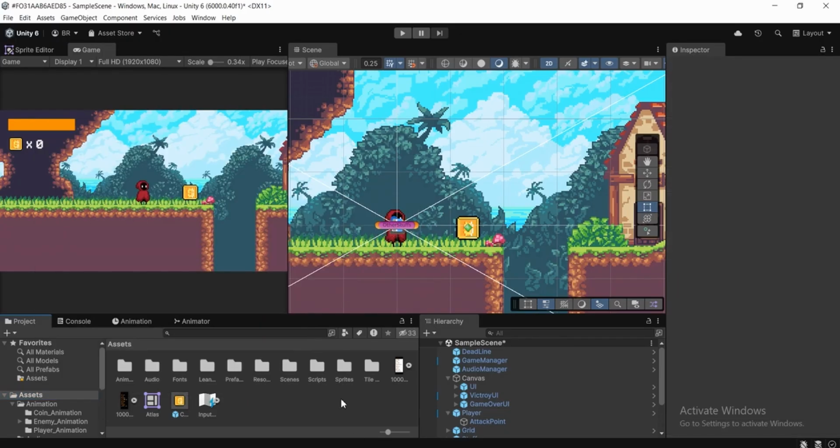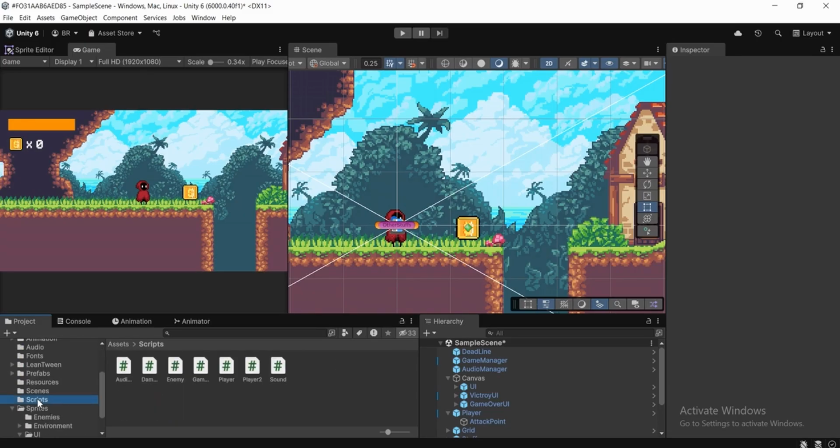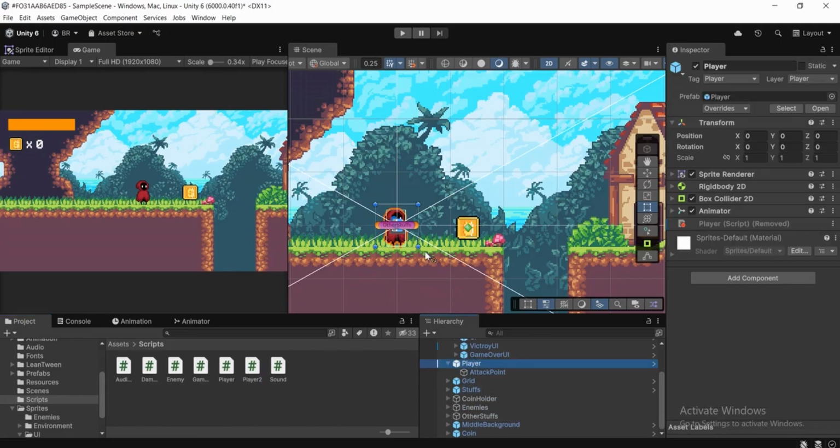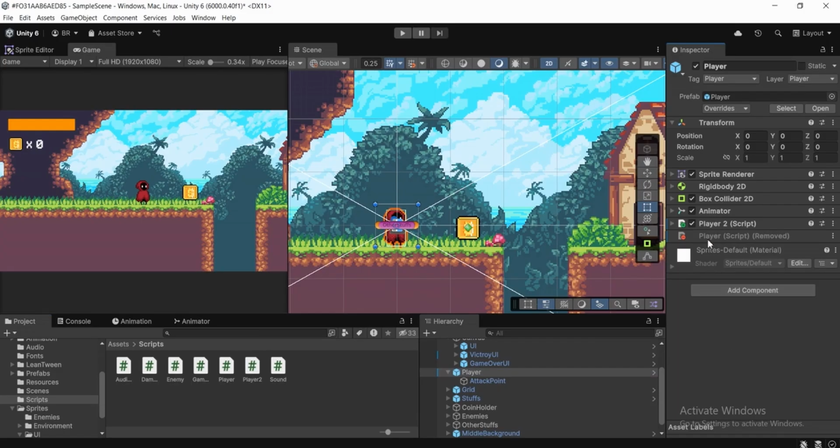I already created a script for it, so I'm going to move over to my script folder right over here. I already created a script called Player2, as you can notice right over here. I'm going to attach this script to this player game object. So let's select the player game object in the hierarchy, select the Player2 script from that folder,